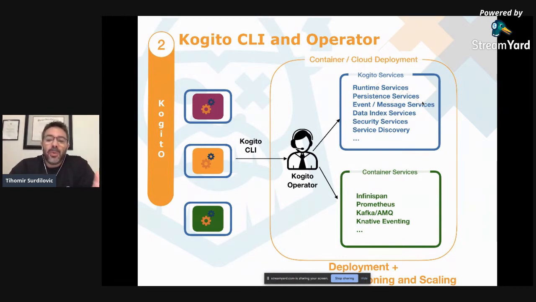Kogito services, we have a runtime service, of course, but there are also a lot of add-ons. If we, for example, had a business process that needs to be long running or needs persistence, or a business process that we want to scale down to 0, but then when another request comes, we want to scale it back up and continue its execution, we do provide persistence services based on key value pairs. So all the services that we use are going to use technologies that are scalable and are also available on the container or cloud that you deploy your services on.